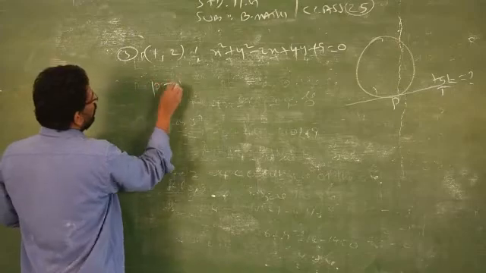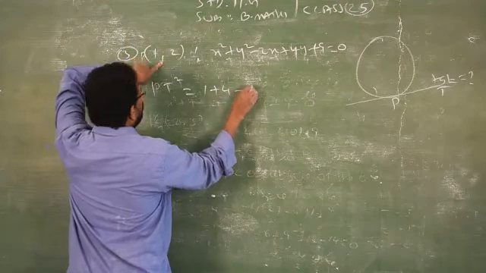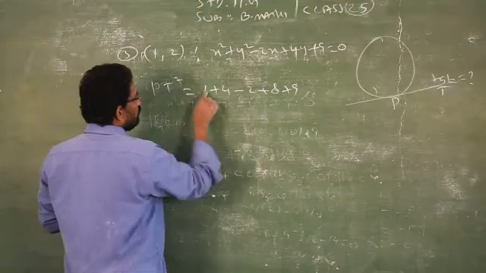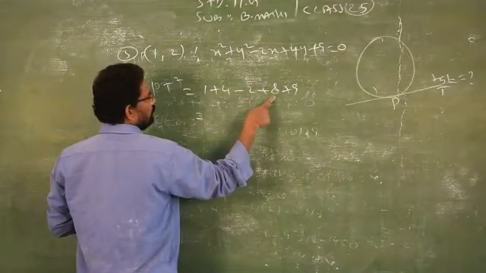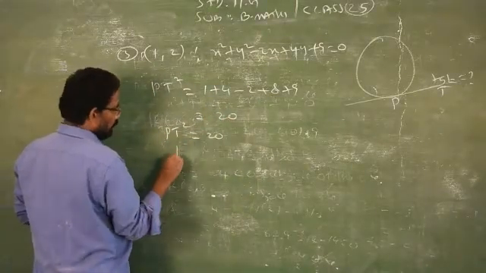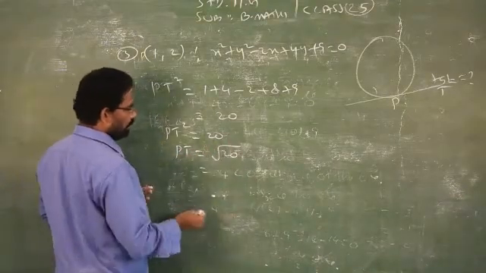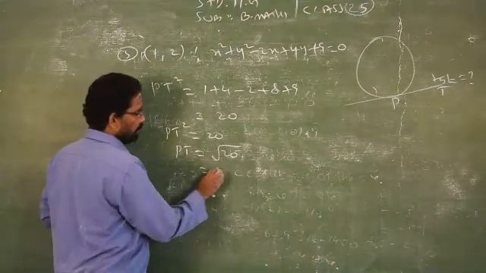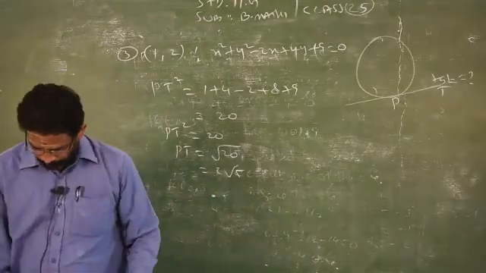So distance PT square, as usual x is replaced by 1. 1 plus 4 minus 2, 8 plus 9. So what will be the answer? 9 plus 1, 10, 10 minus 2, 8, 8 plus 8, 16, 16 plus 4, 20. So PT square is equal to 20, PT is equal to square root of 20. If possible, you rewrite the combination of the prime number into composite number. 4 5s are 20, so root 5. 2 into root 5 is the correct answer for the given question.